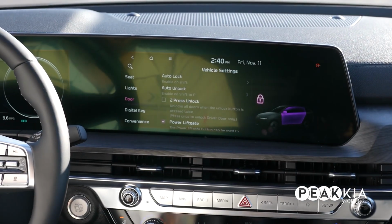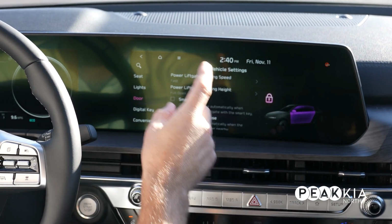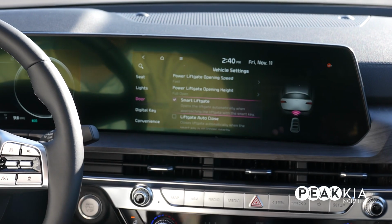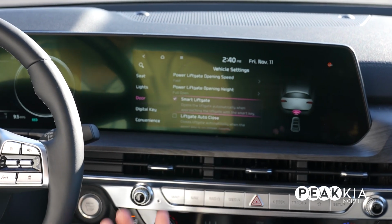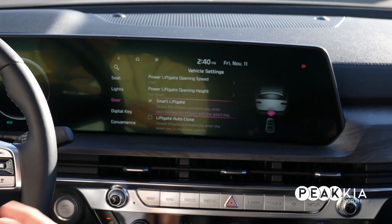Door, this one's important for people. If you've seen this and you didn't get the car from me, make sure you go to setup, vehicle, door, put your smart liftgate on if you have the EX or SX trim level. That allows you to use it, which if the car's been locked for over 30 seconds, you walk up to